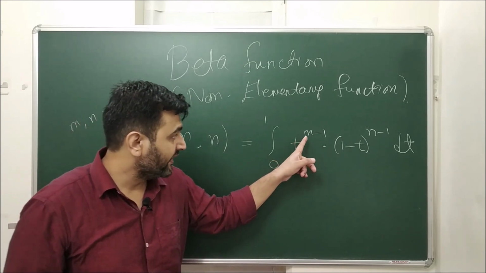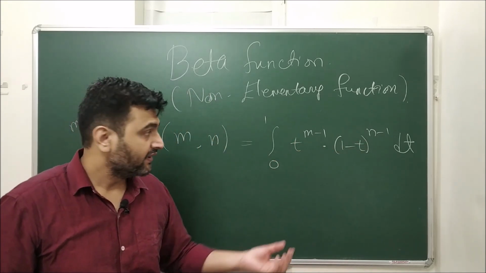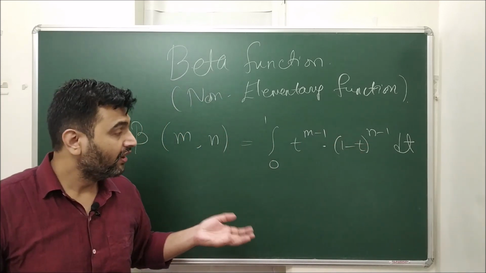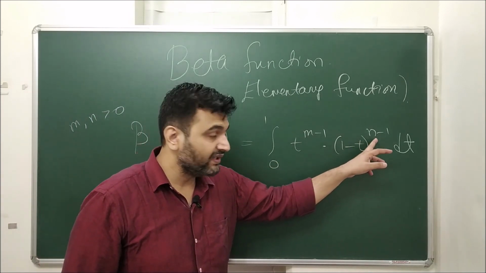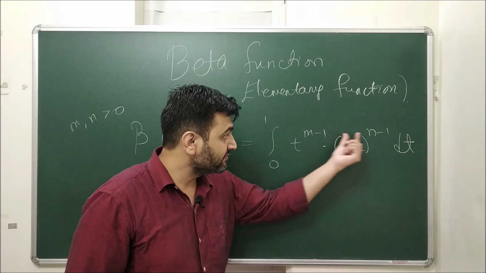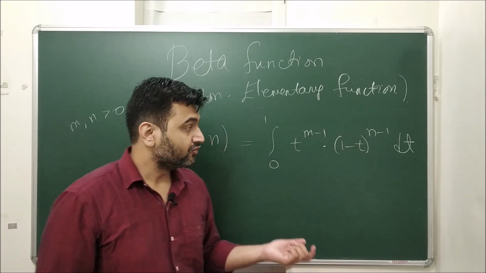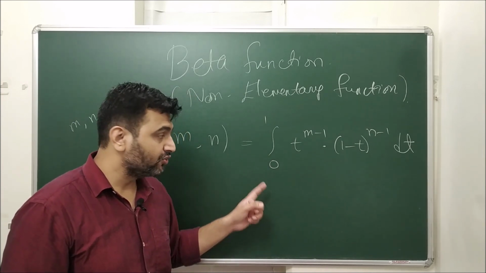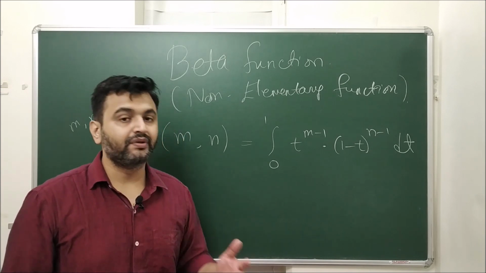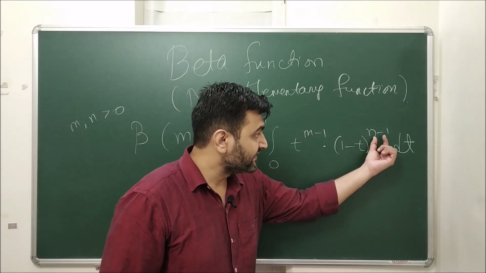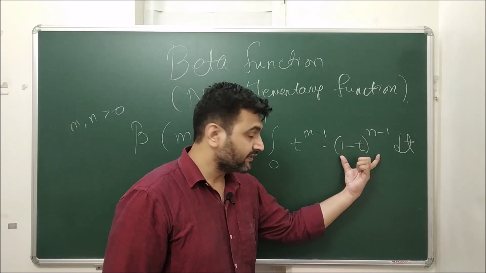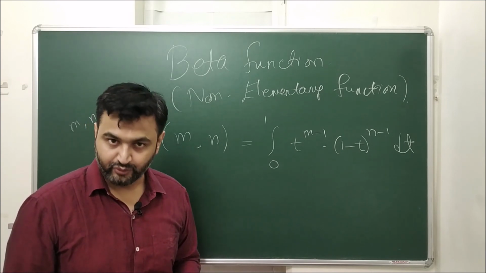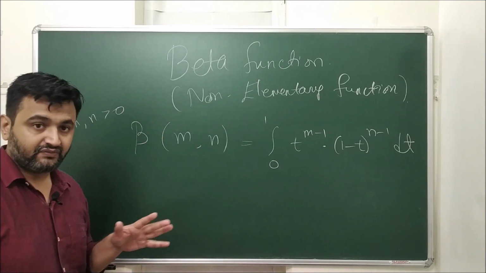Now as you can see, when m and n are bigger than 1, then this is positive. So this is nothing but a polynomial when you multiply inside, so it's easy to solve. And when they are between 0 and 1, then the power becomes negative, so they come in the denominator. If m is between 0 and 1, then this comes in the denominator, and in such a scenario 0 will be a problematic point and hence an improper integral of type 2. When n is between 0 and 1, then this power becomes negative, so this comes in the denominator, then 1 will be the problematic point and hence again an improper integral of type 2. So that's one observation one should know.